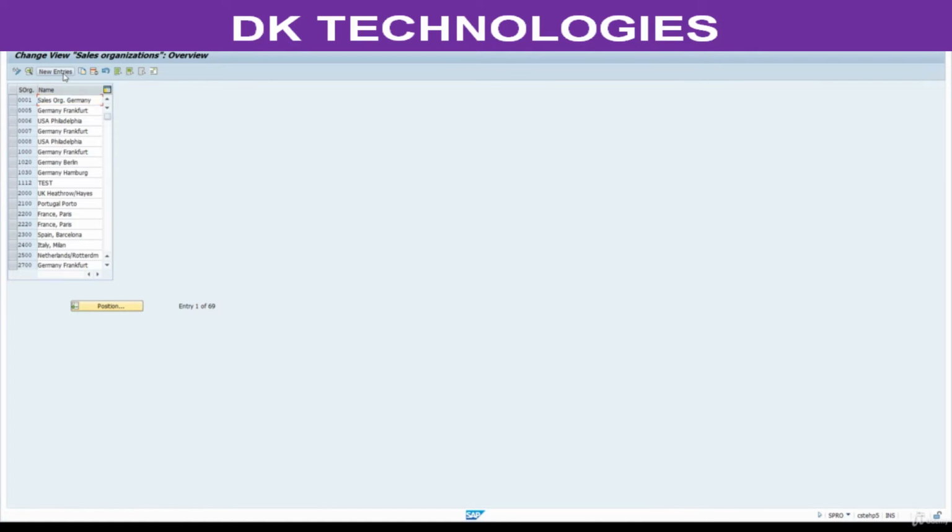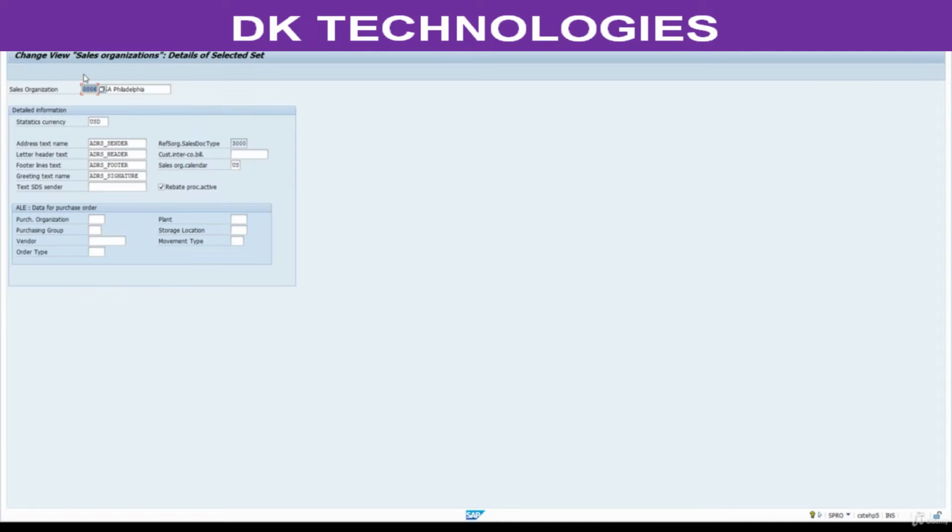Click on inventories. If you want, you can copy this from existing. Take this, copy. Now here change this to 8800.